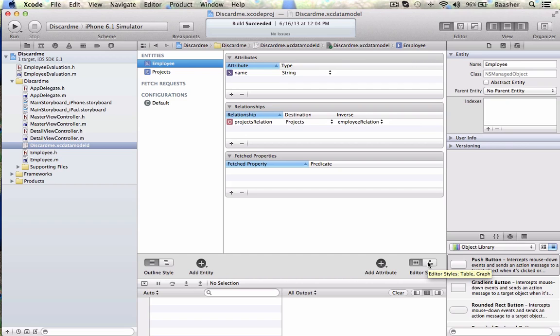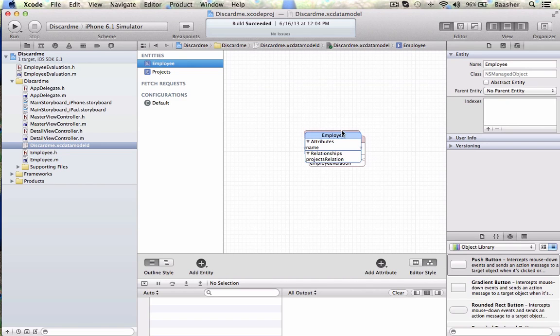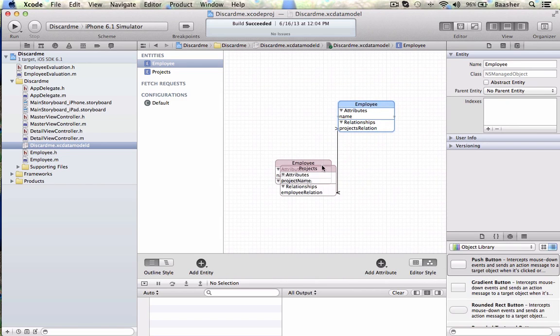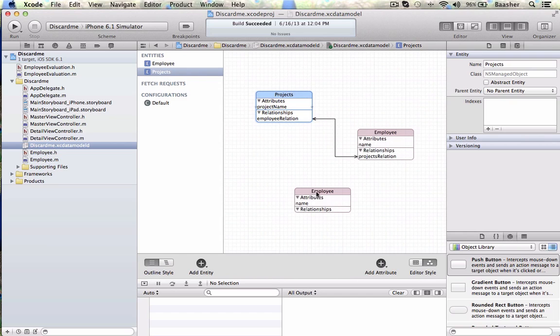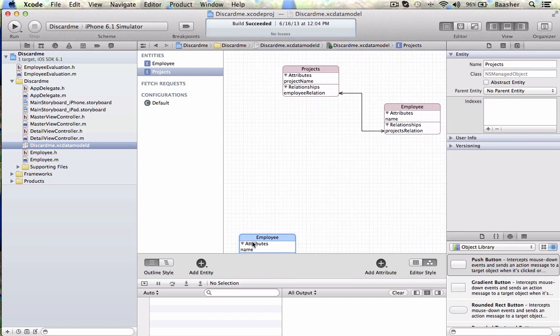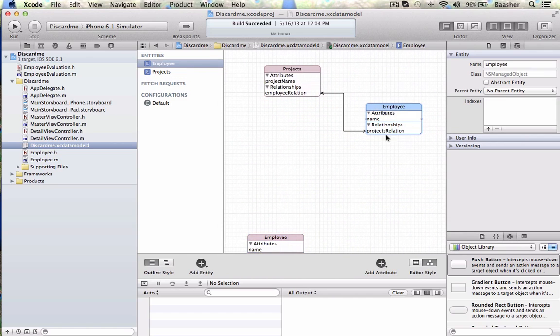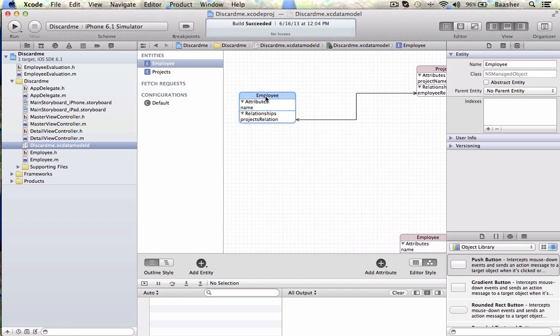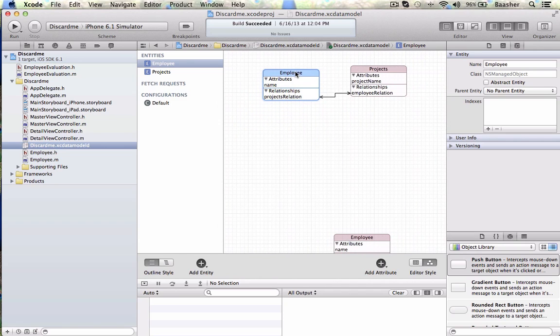I can look at the editor style. Never mind, this is from an early goof up. Okay, so that's pretty alright. The project is related to, I'm going to do it this way, employee on this side, projects on the other side. See, one arrowhead, one-to-one relationship. So if I go back to editor,